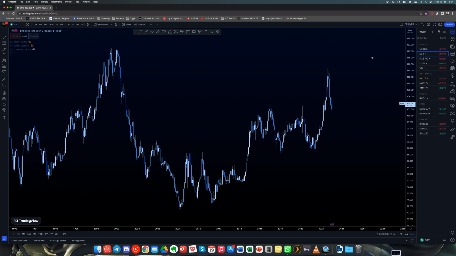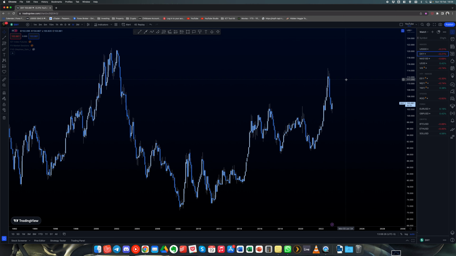And what we're going to do is have a look at the macro view of the indices, the stock market in general, the dollar index, and we're going to look right from the top and just take it from there. I've had a brief look at the macro. I haven't rehearsed anything, so if it seems like I'm working it out as we go along, it's because I am. And I think that's important so you get an opportunity to see into my mind as I have a look at the higher time frames.